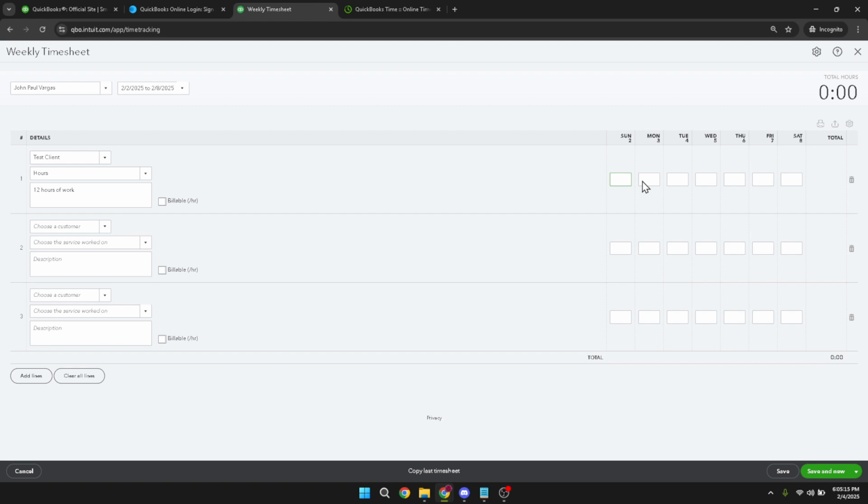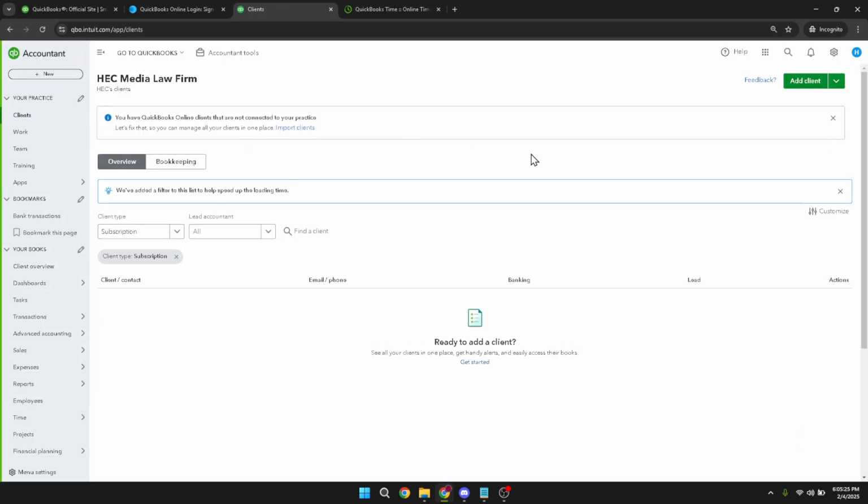Finally, after confirming all the information is correct, you can go ahead and click on the Save and Close button at the bottom of the timesheet. This step will ensure that all your entries are saved and your timesheet is closed properly. And there you have it, a quick and easy way to enter a weekly timesheet in QuickBooks Online. Remember, accurate timesheets are vital for proper payroll management, and doing them right will help you maintain smooth operations.